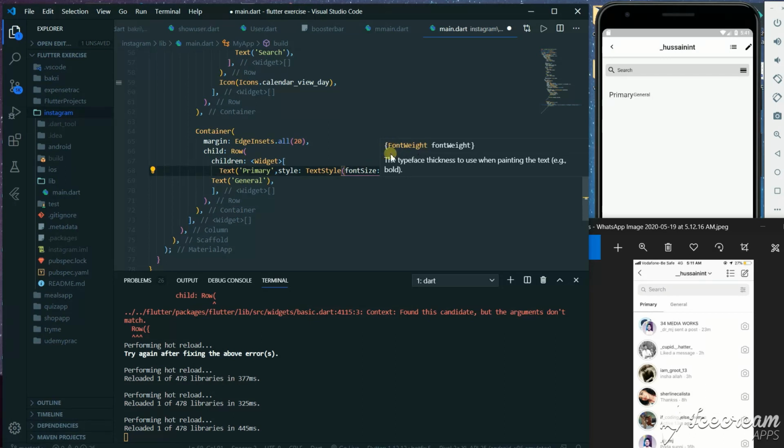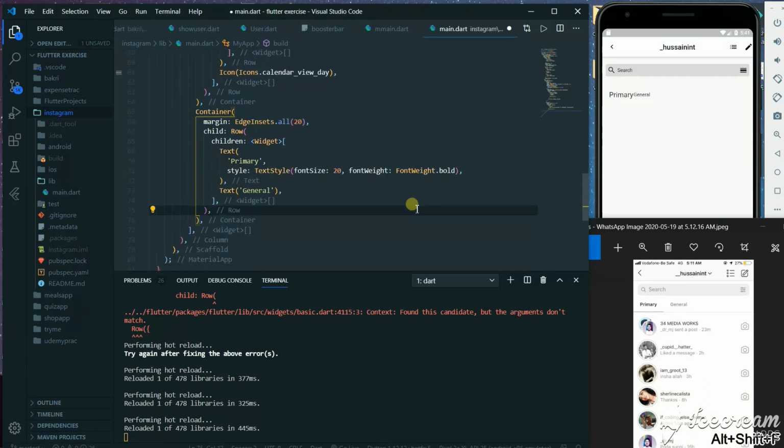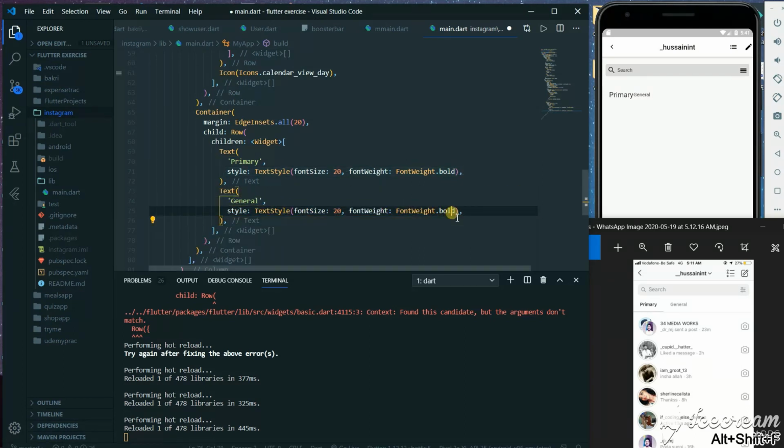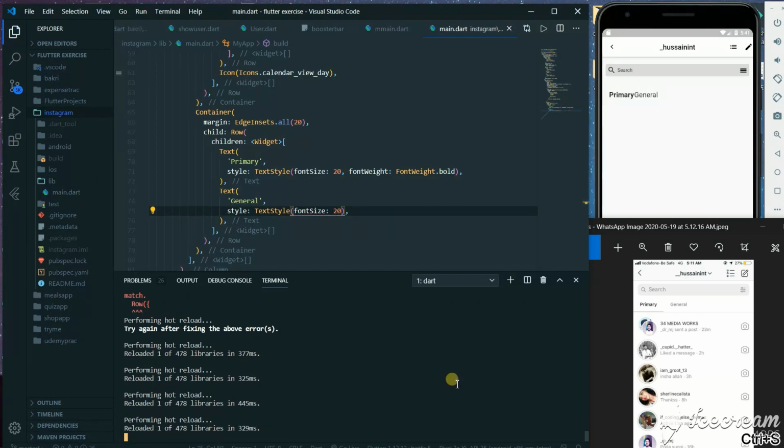As I said, the more you practice, the more you will know about the Flutter properties. We'll copy this and paste it in the next text as well, but we'll remove the bold property from there. We can see it looks pretty similar, and we'll give spaces between them by the special property.